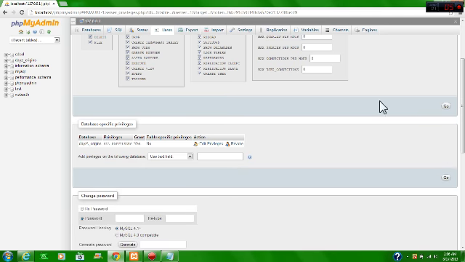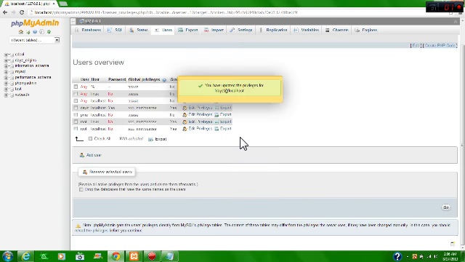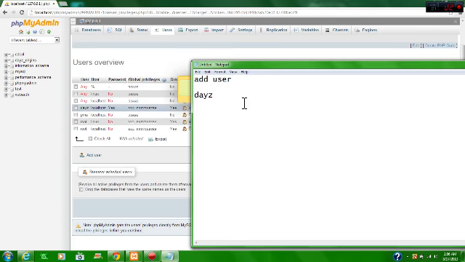Now don't worry about this, I'm going to show you how you get that. Now as you see, also for the host, it has to be localhost. When you're making the user, make sure the host says localhost. There we go. Sorry, I'm trying to do this kind of fast because I don't really want to spend